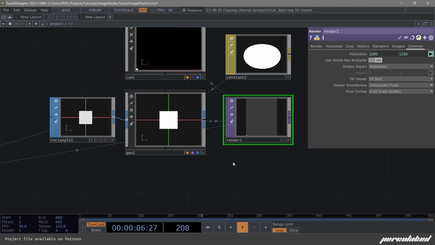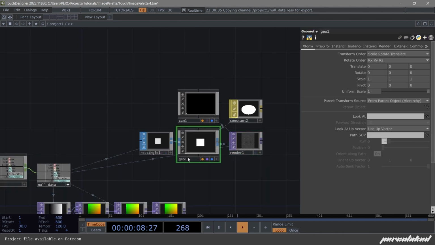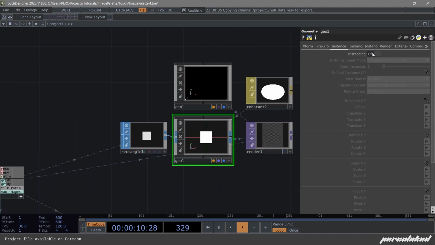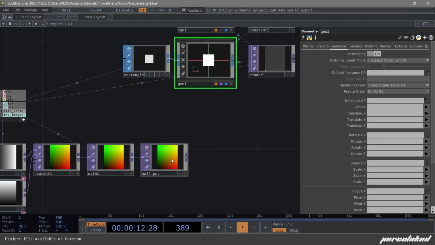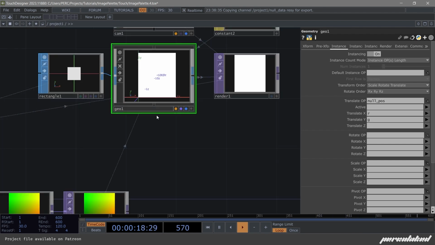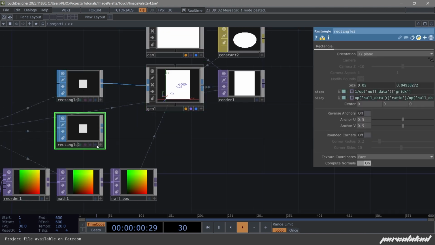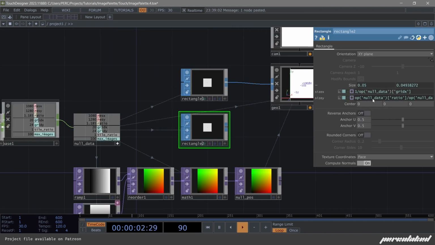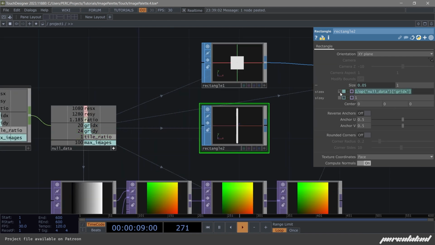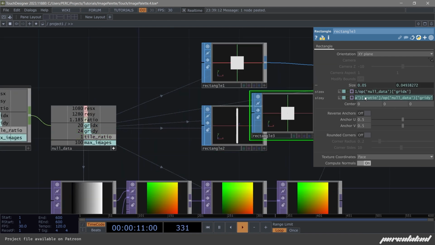Okay, now we can turn off here in our geo the instancing and use our position for the translate OP. That's going to be R and G for the channels. There it is. Now let me show you what I meant before. I'm going to copy and paste it, and this I'm going to change it. Instead of this weirdness, I just copy and paste this,